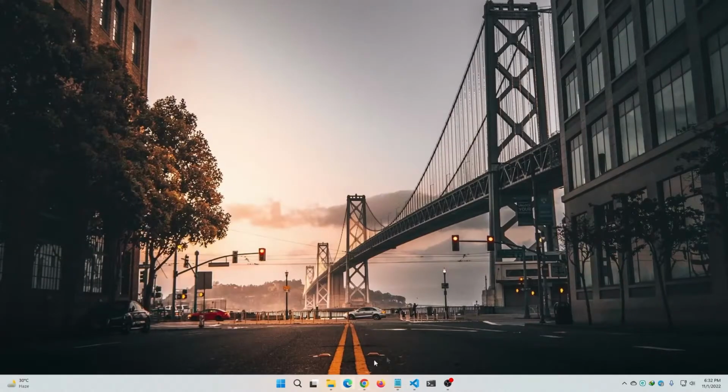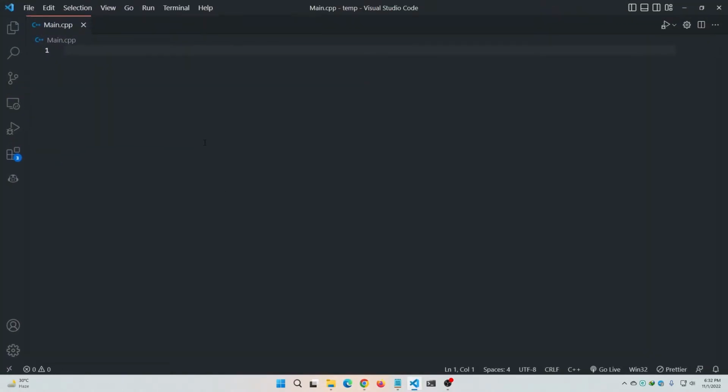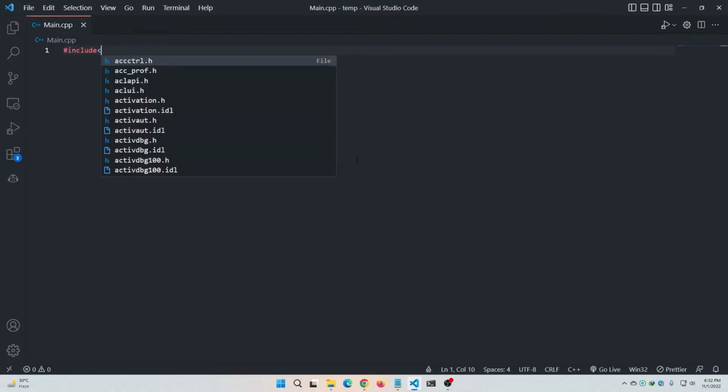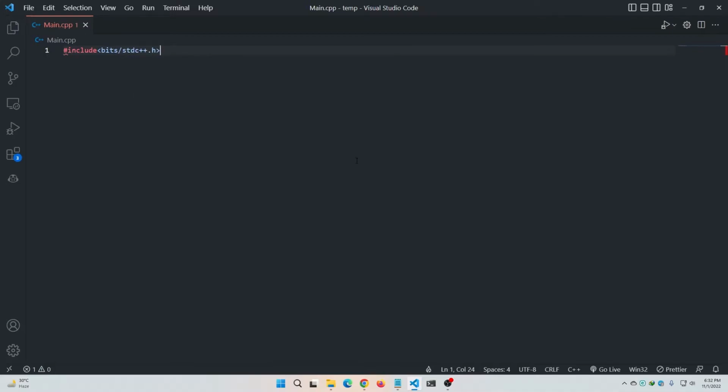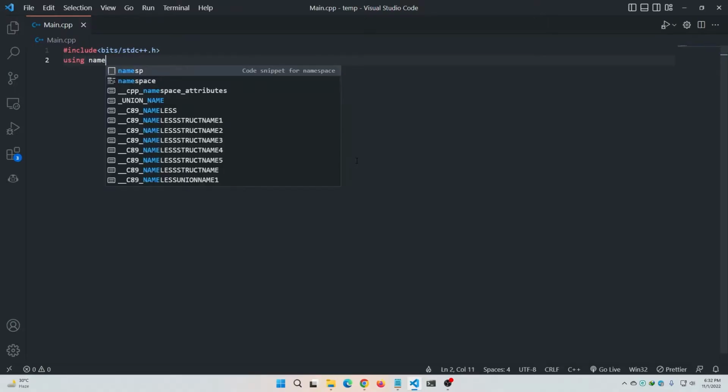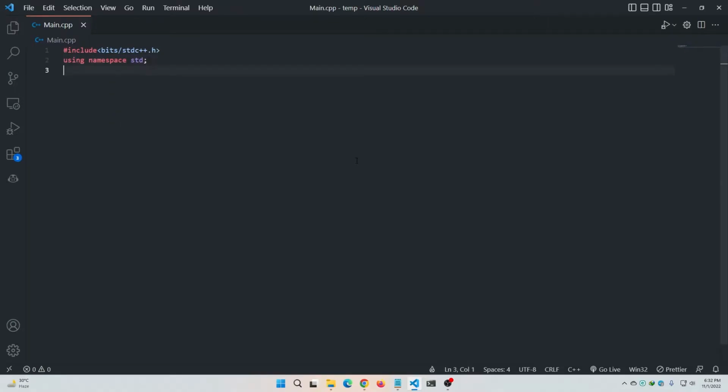All right, so I'm currently using the C++ programming language, but if you can understand the concept, you can use any other programming language you want, whether that can be C, Python, Java, JavaScript, or any other language. Don't worry about it. Firstly, you have to make sure that you are understanding the concept clearly. All right, so first of all, let me declare my header file. The popular one I regularly use is bits/stdc++.h, using namespace std,